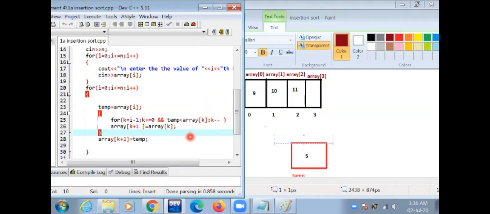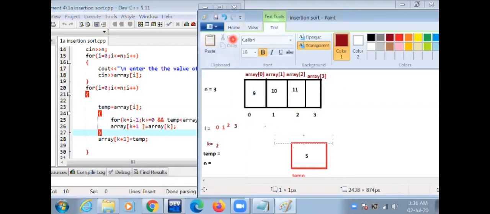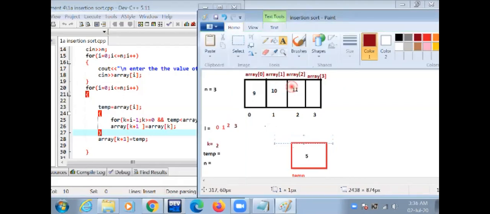Then execute this part: array[k plus 1], meaning array[3], and array[k] is 11. The 11 value is inserted in array[k plus 1], so 11 is inserted in array[3]. This value is inserted here.